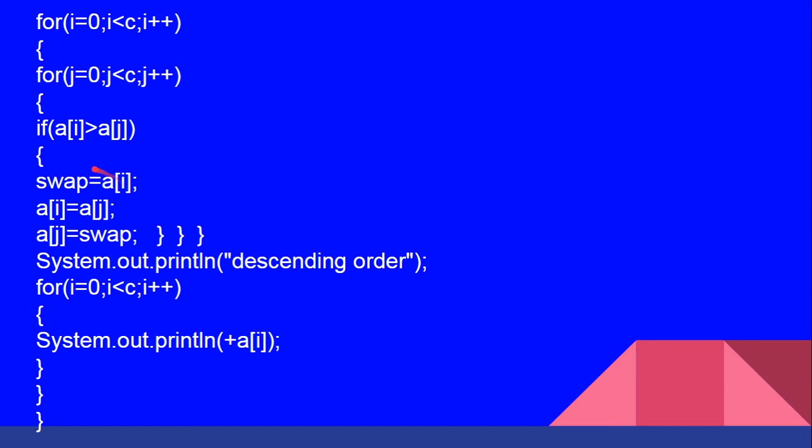Now actually we are using a temporary variable called swap, and this swap will hold the initial value of a of i. Directly passing this value from a of i to a of j is not possible, because the values will overlap or it will create a junk value. So it has to put the value in the temporary variable, and then a of i will be empty, which is now put to swap. Now we transfer the value from a of j to a of i, and then a of j is empty. Now we can put the value swap into a of j. So this is just an exchanging of the two variables' values.